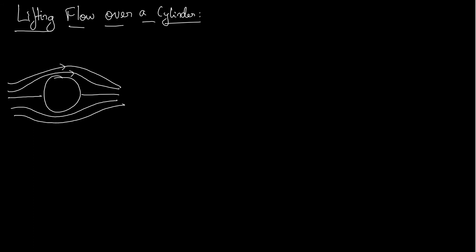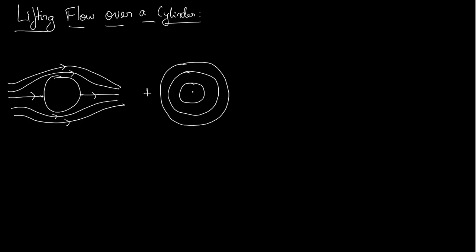This is my non-lifting flow over a cylinder. This is a cylinder. We have the two stagnation points. And if I now combine this with a point vortex or a vortex flow, which has a circulation or strength of gamma, that is how we describe vortex flows. And assume V infinity is the free stream velocity and the radius of the cylinder is R, then I get what is called a lifting flow over a cylinder.